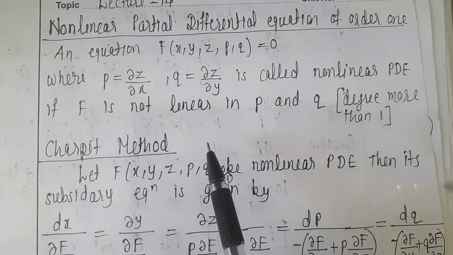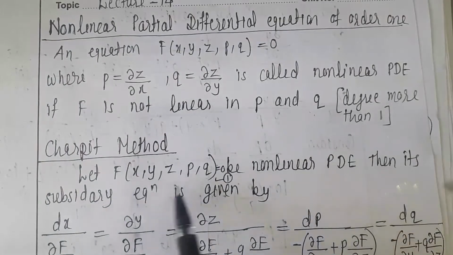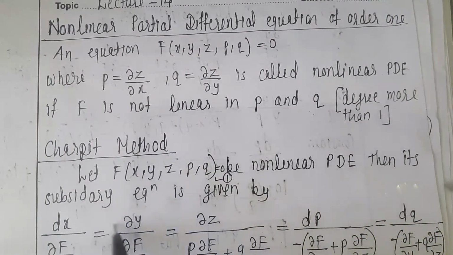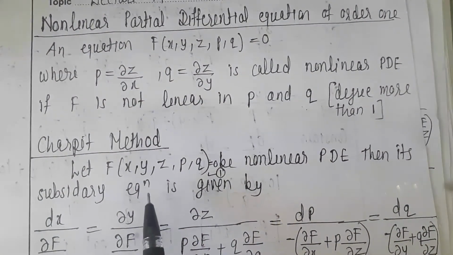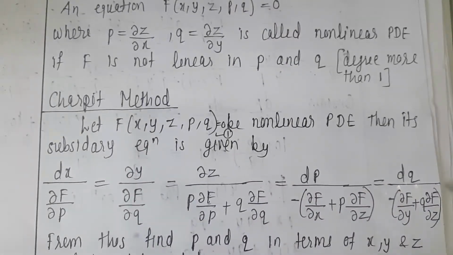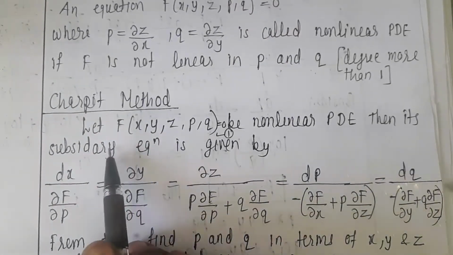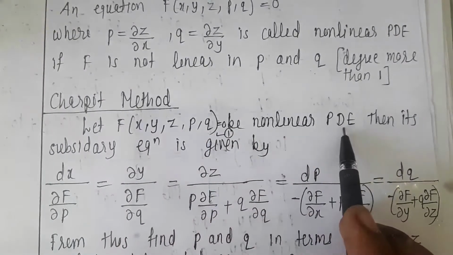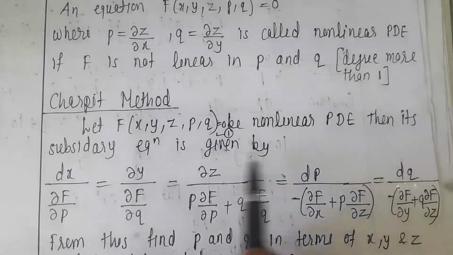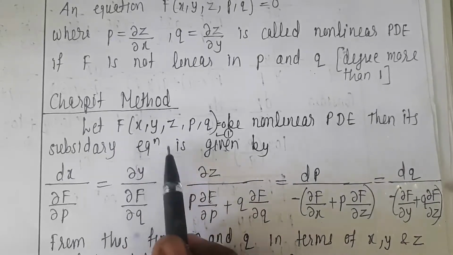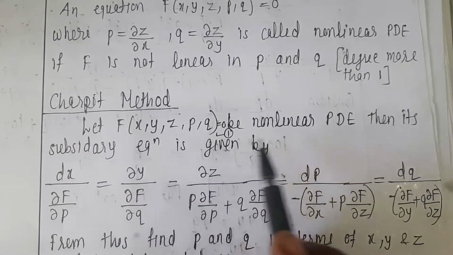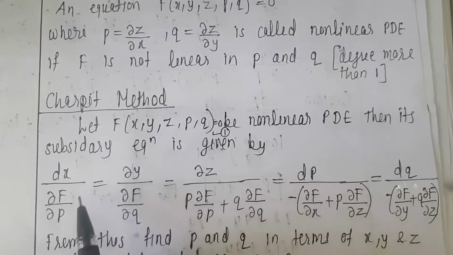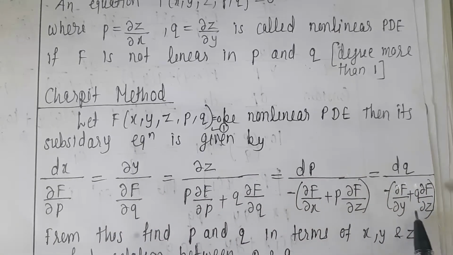In this Charpit method, we have many types of functions, so we are going to study the general type of function and the solution of that general equation. So let f(x, y, z, p, q) = 0 be a non-linear partial differential equation. Then its subsidiary equation, meaning the auxiliary equation, is given by dx upon, this is a very big auxiliary equation, but you